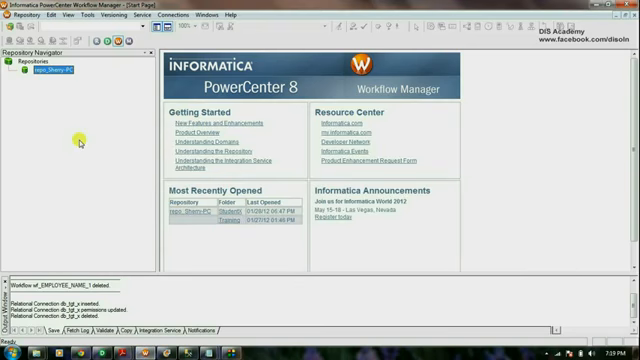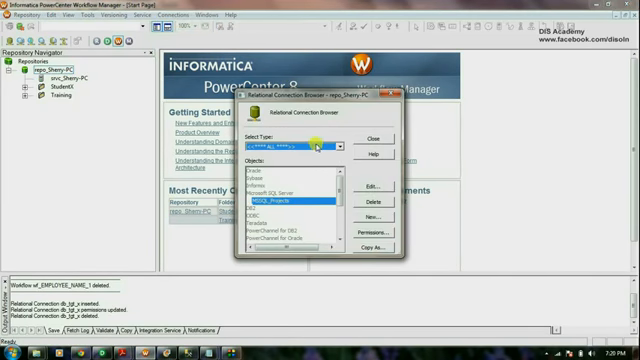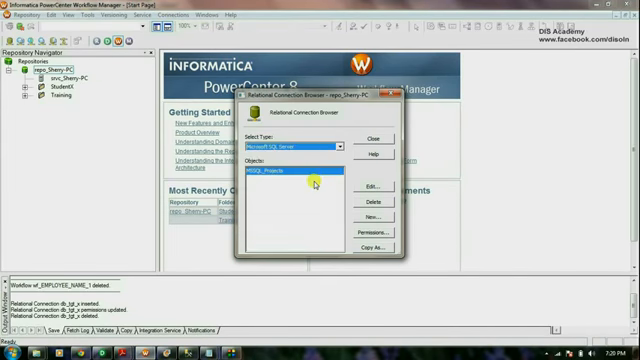For that, you can just connect to your Workflow Manager using your user ID and password. Once you are connected to the repository, you can go to the Connections menu and click on Relational. Here my data source is a relational table, so I am going to create a relational database connection. Click on Relational, and if you click on this drop-down list, you can see a list of databases supported by Informatica. My database is a SQL Server database, so I'm going to choose Microsoft SQL Server. Click on New,